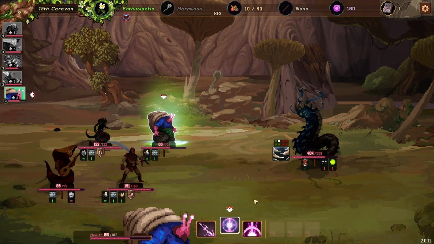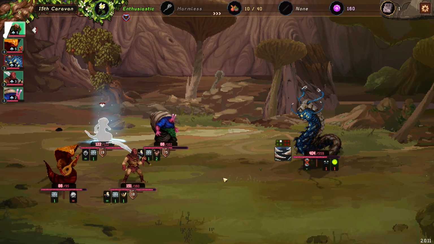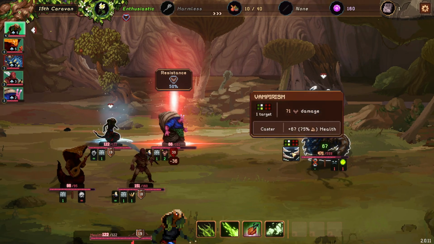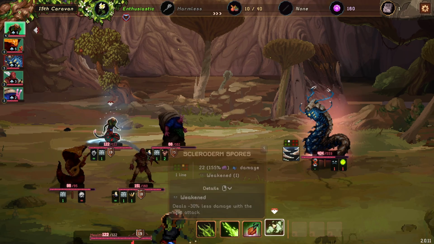Gonna keep doing that to me? Okay, we're gonna shell. Let's get some shields and then that physical resistance. Okay, that's not actually gonna break my shield. If that's the case...